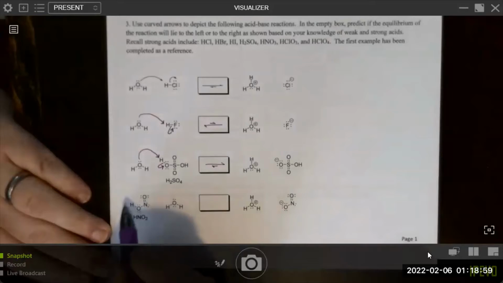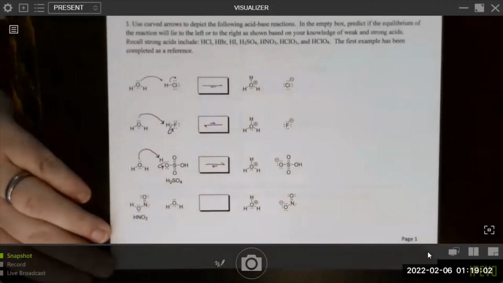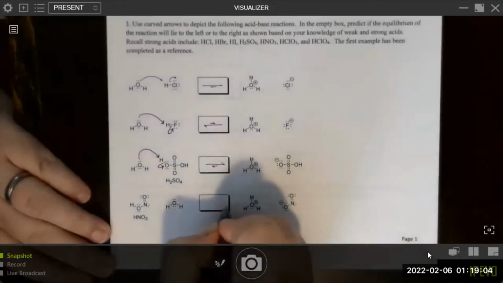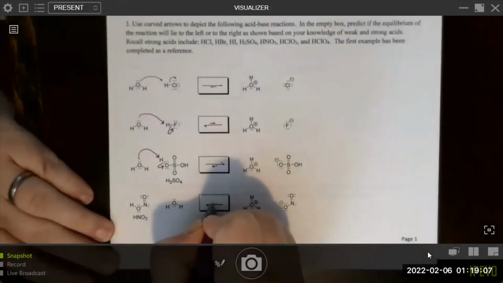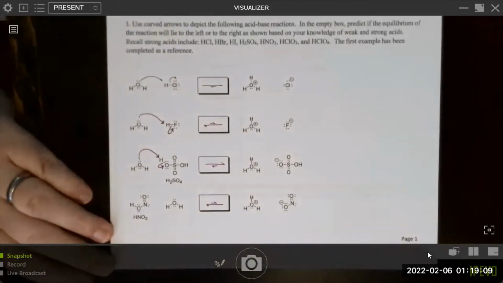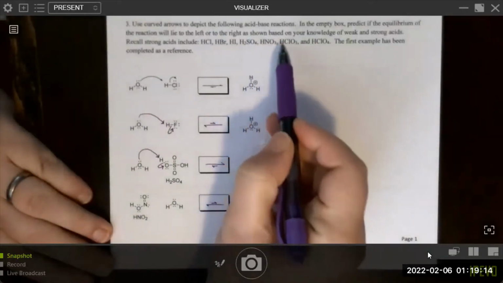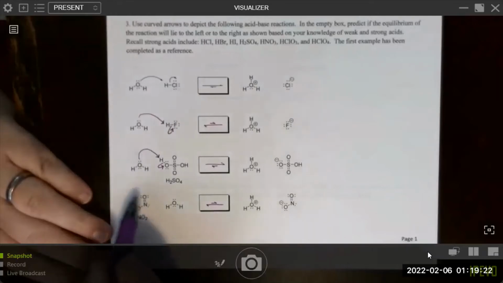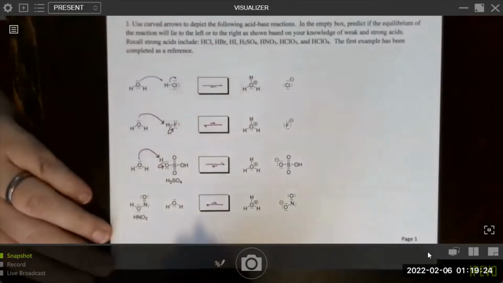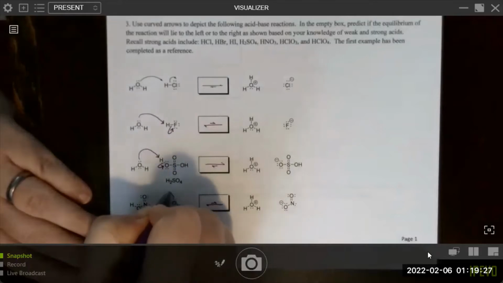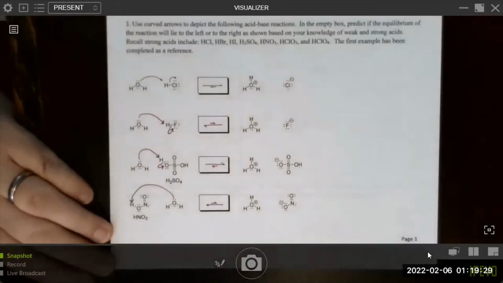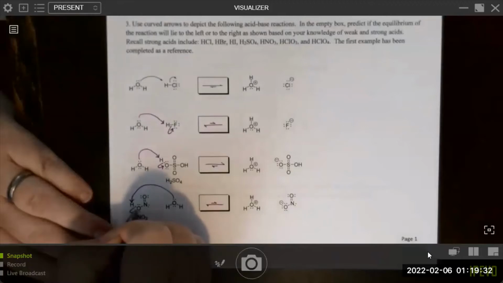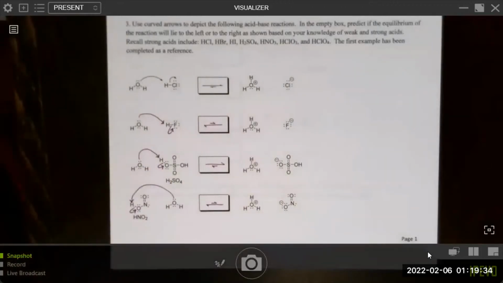And then nitrous acid is another weak acid. So it is predicted, right, that we're not going to have much dissociation in water. And notice that it's HNO2 and not HNO3, right? Those are different. Nitric acid is a strong acid, but nitrous acid is not a strong acid. And even though it's not a strong acid, it's still going to act as an acid. So we can draw an acid-base reaction. We'll take water over here and pick up that proton and then leave behind that lone pair.